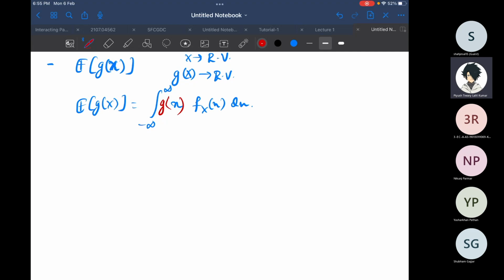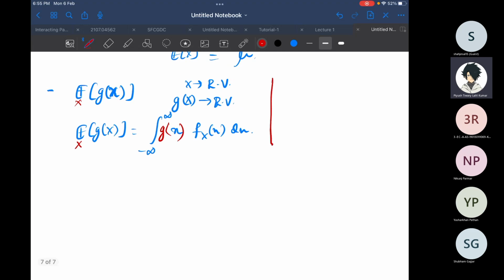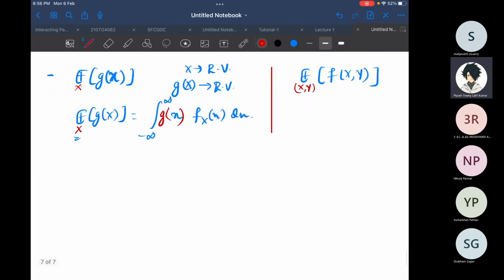Generally, people also denote that we are talking about expectation with respect to x here, because there can be a few ambiguities. It's a good practice to write the distribution below, because let's say you have some f of x comma y, there are two distributions here. So with respect to what do I take the expectation? It is a good practice to mention either x, or maybe you want to take expectation with respect to both x comma y. So you use the joint distribution of x comma y to calculate the integral and things like that.